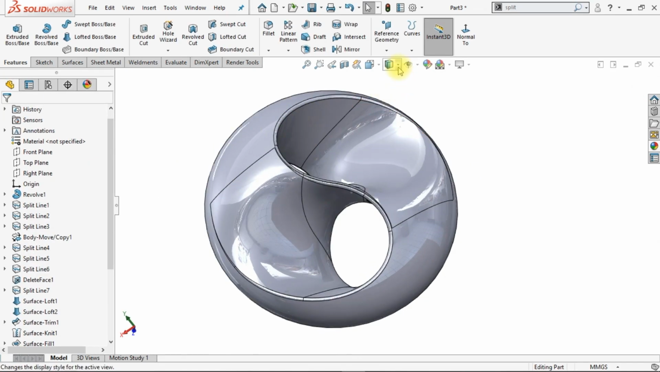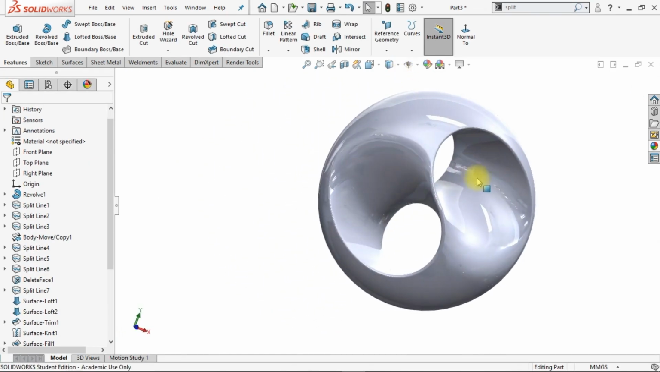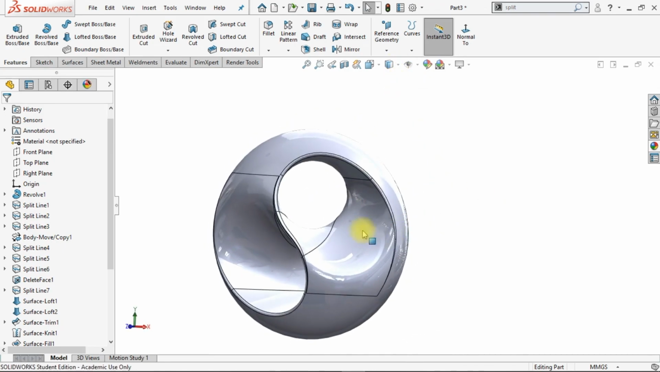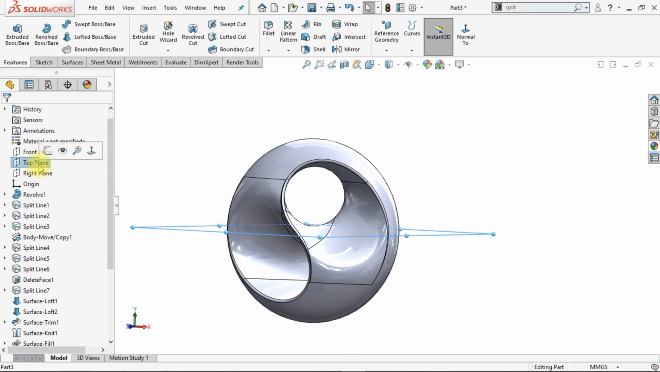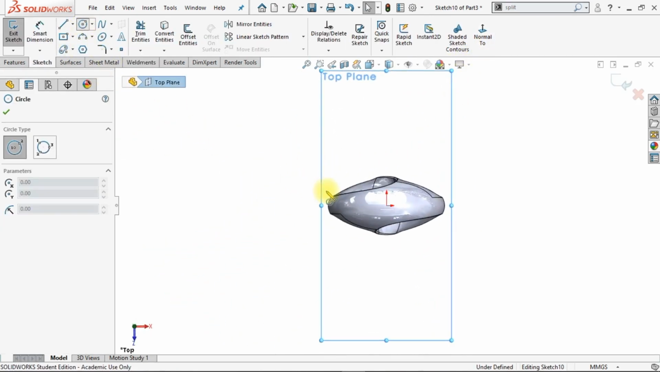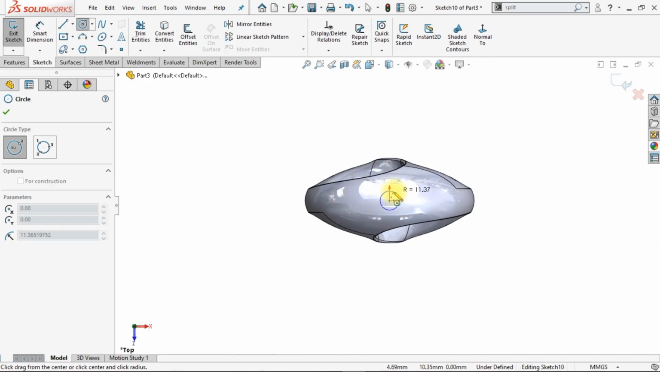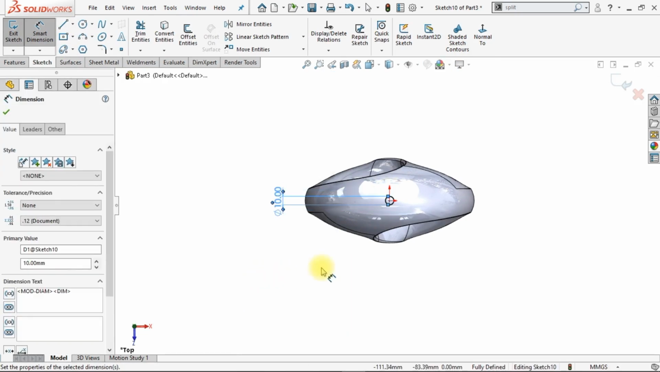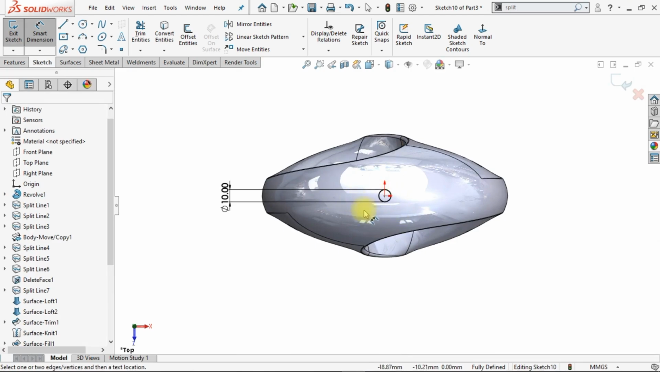Now the structure is made, but we need to make a stand here too. So for this, make a sketch on the top plane, make a circle, define the radius 10 mm, sorry, the diameter should be 10 mm,